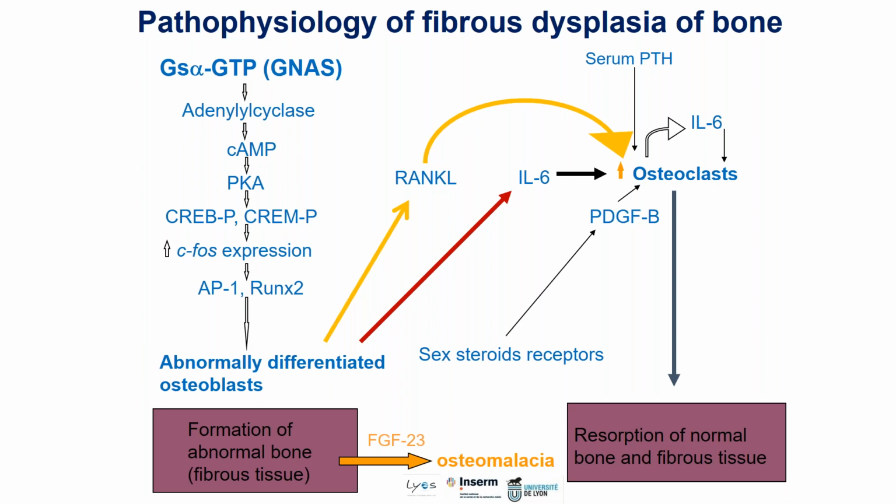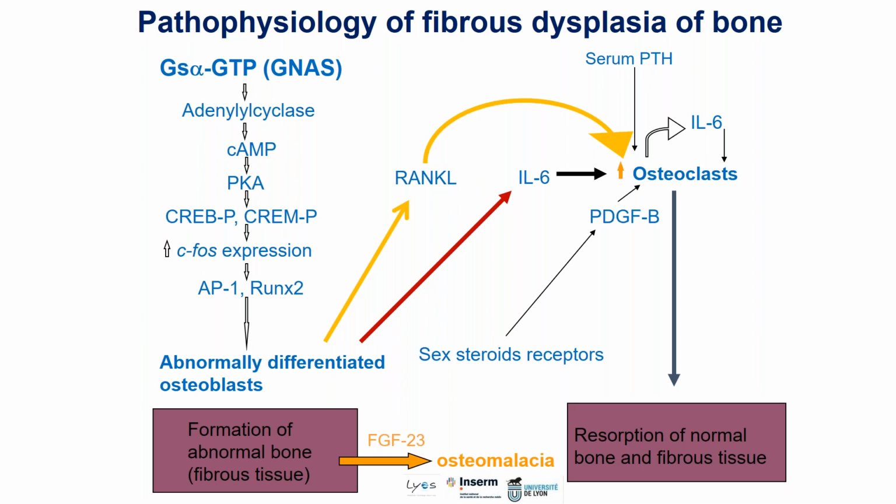IL-6 also is expressed in excess, and this can also increase the bone resorption, and this IL-6 can also be produced in an autocrine manner by osteoclasts. And the increased bone resorption may be aggravated by increased serum PTH if there is secondary hyperparathyroidism due to, for example,